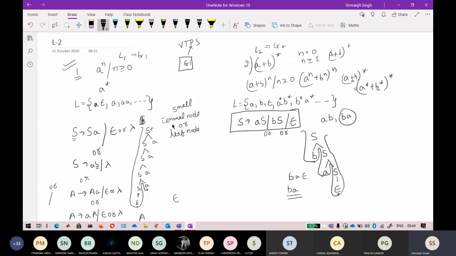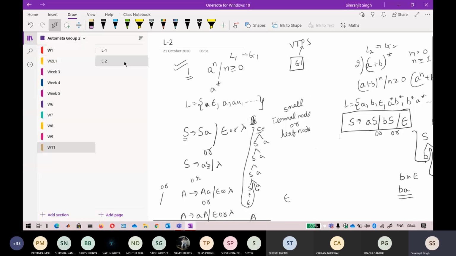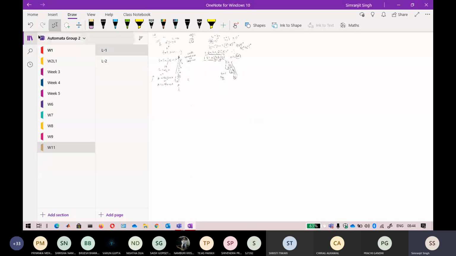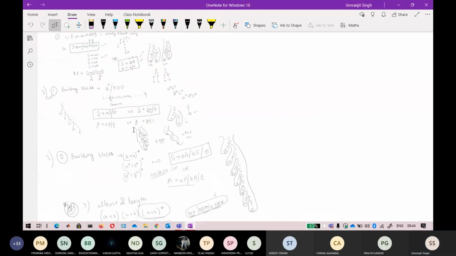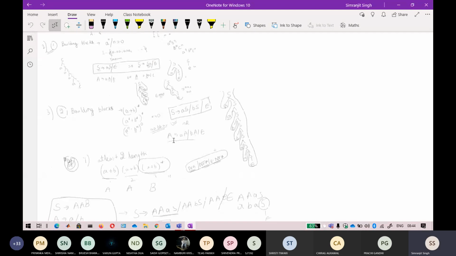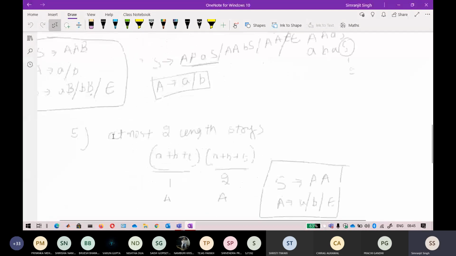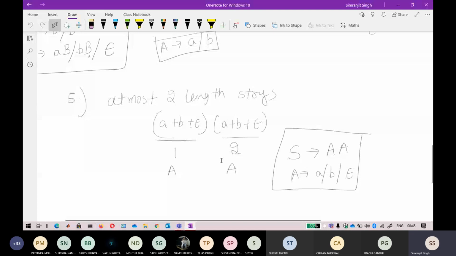Most of you, if you have seen the expression, I give a little bit of revision there. This is at most two strings. If you write a regular expression for it, it will be very easy for you to write a grammar. But if you do not want to write it, after some practice of these grammar questions, I think you will easily understand how to derive everything. For starting, I prefer that you write a regular expression. It will be very easy for you.